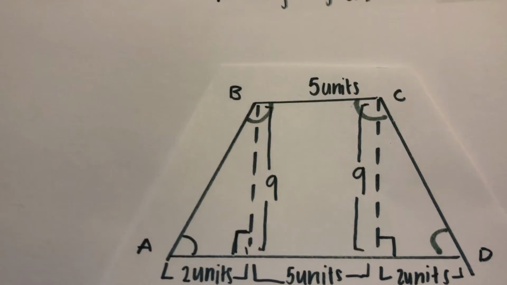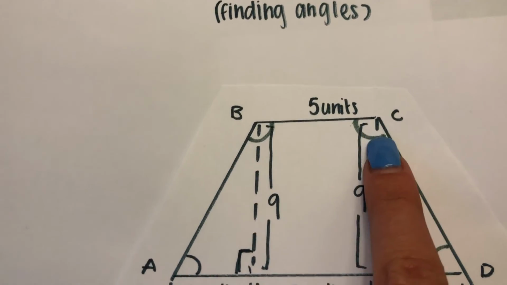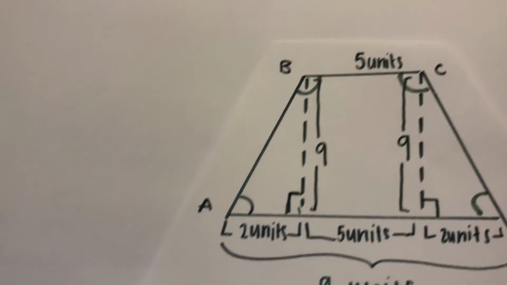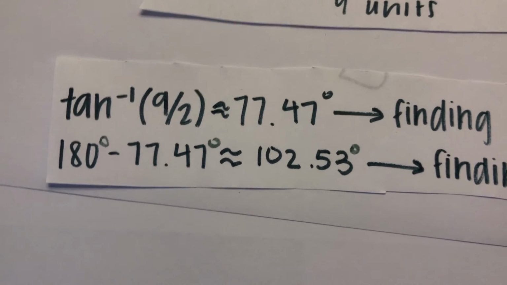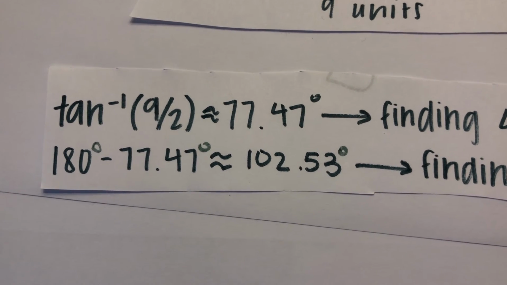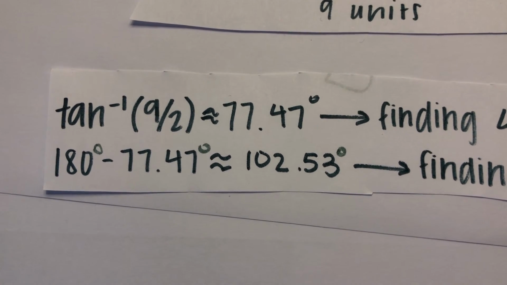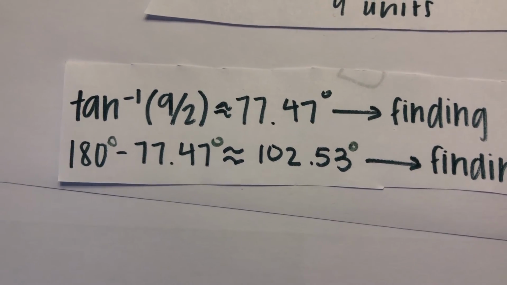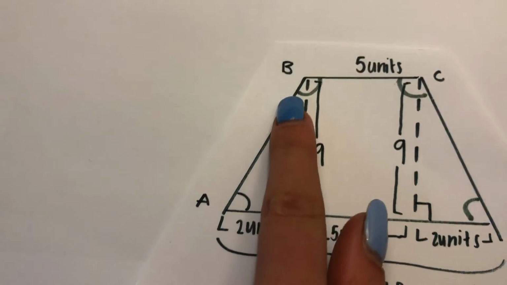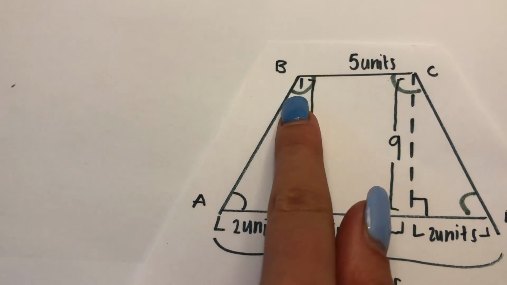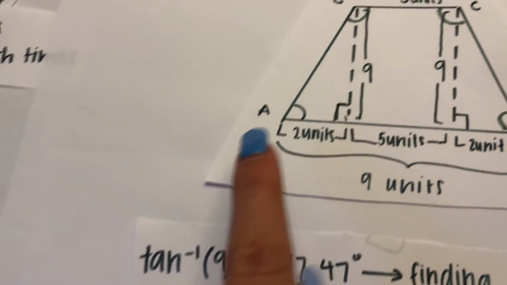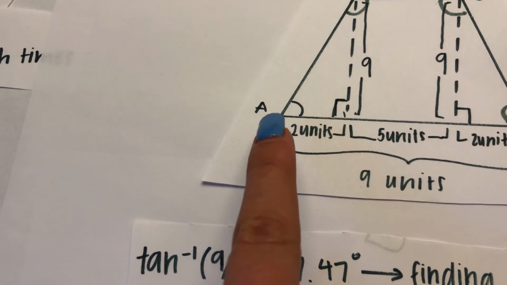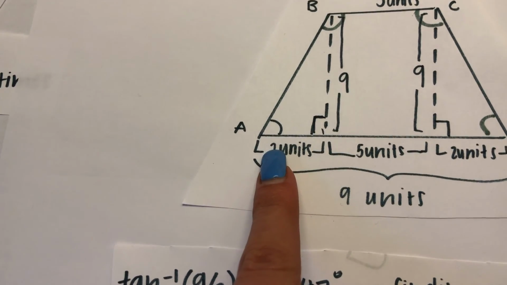And in order to find the angle BC of the trapezoid, you have to use the answer from before and subtract it from 180, which equals 102.53. Therefore, 102.53 is the angle measure of angle B and angle C, and 77.47 is the angle of A and angle